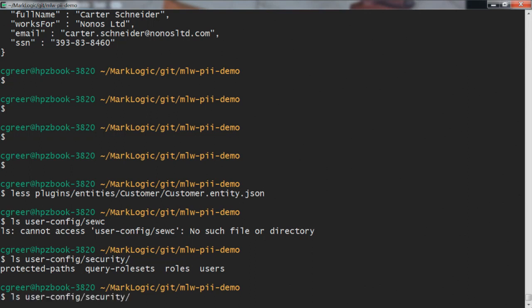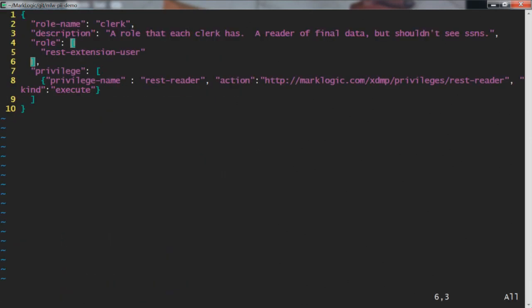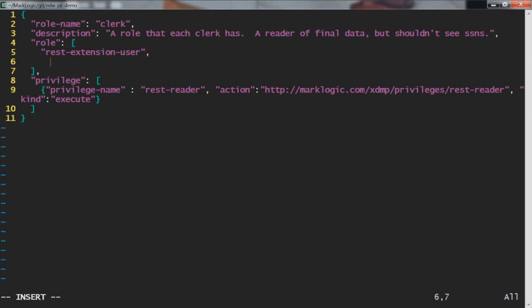And inside there now is a configuration for each of the paths. This is going to have the configuration for SSN. I do want to edit the clerk role. This is the clerk who's been deployed to the server, but remember, this clerk couldn't see anything at all before. So I actually want to add the harmonized reader role to this guy. The reason I'm doing this is because